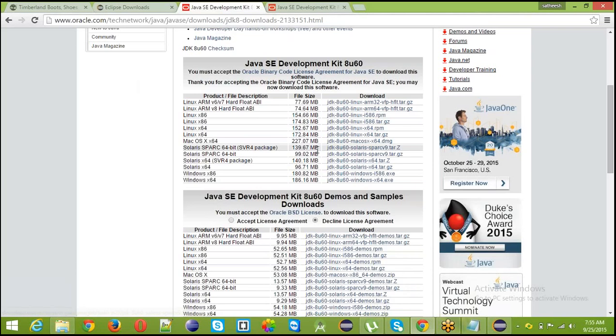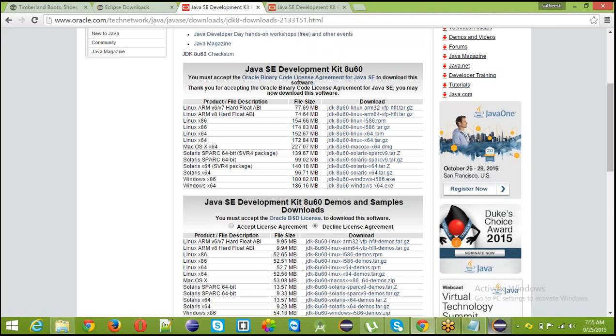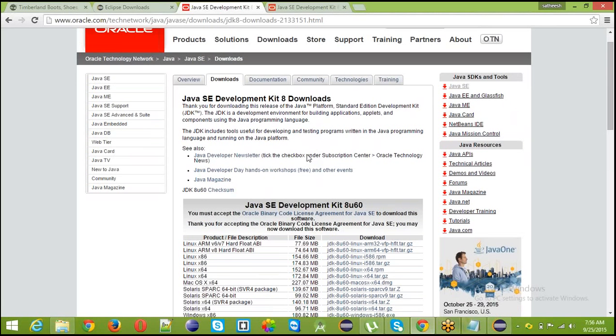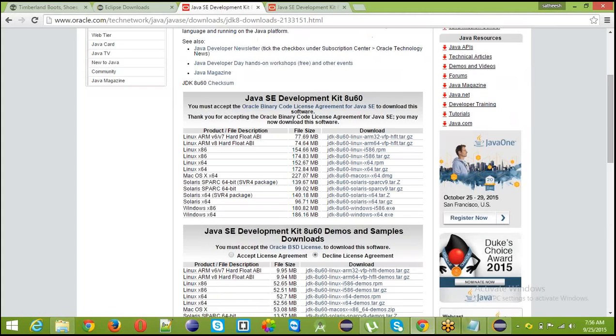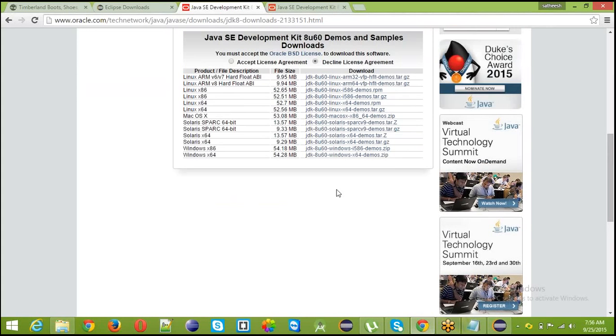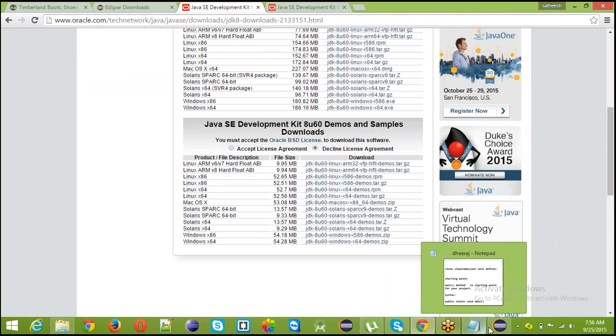The latest version is 1.8, Java 8. If you want an older version, you can select older versions also. After downloading the file, we just extract and install it, and Eclipse will be ready.